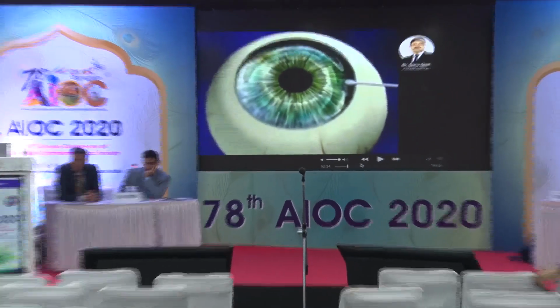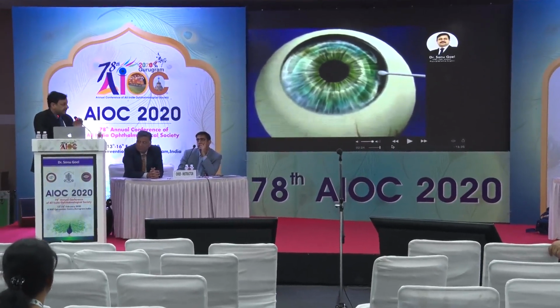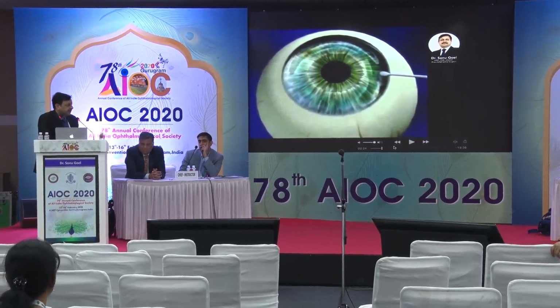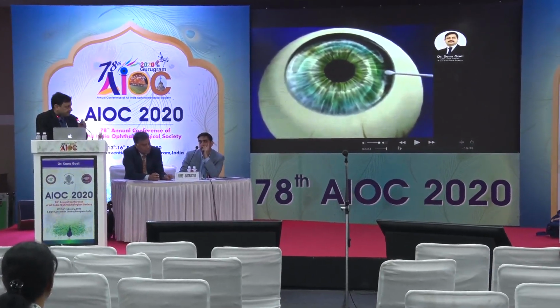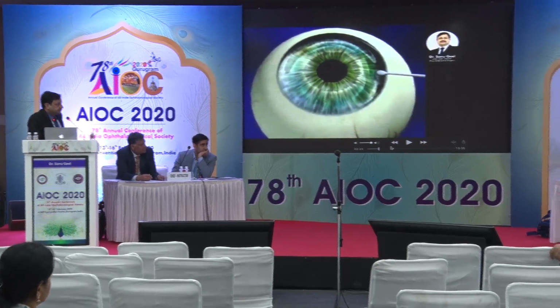Thank you. Very rightly you said that accurate biometry is very important when you're using either a Symphony or trifocal lenses. Yes, we need to actually do two things. One is to use at least two or more types of formula to find out that the biometry is accurate and the lens power is similar. And the second is that both eyes have to be done together.